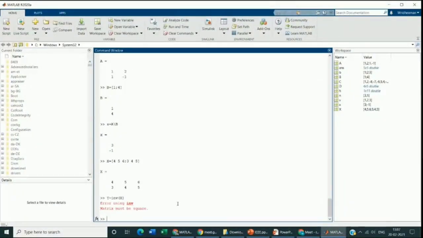Okay, sorry, I've taken 2 into 3, that's why. For inverse, we have to take a square matrix.